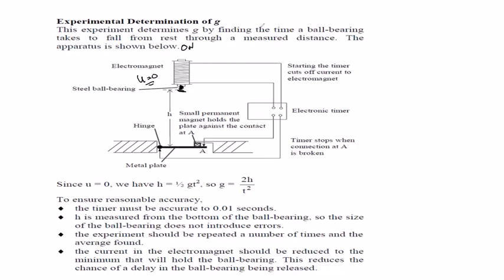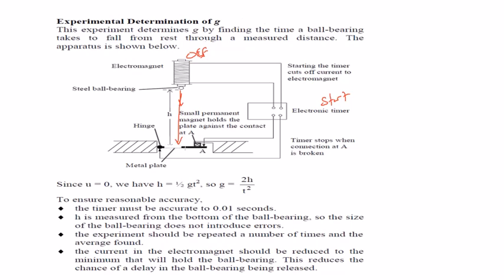So the moment we switch off the electricity of the electromagnet, this steel ball will demagnetize. As the steel ball demagnetizes, it will start to fall. And the moment we switch off the electromagnet, the timer will start. And then the steel ball is falling, and once the steel ball hits this tap switch,